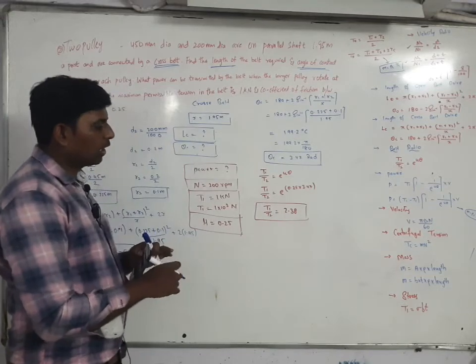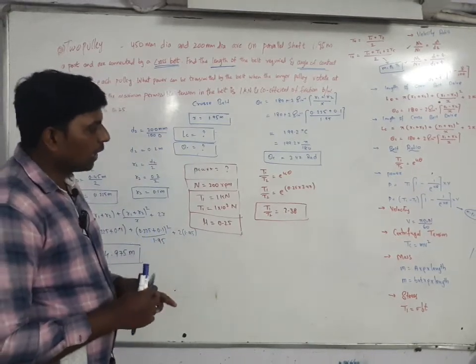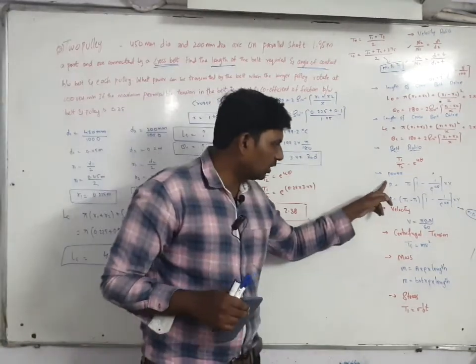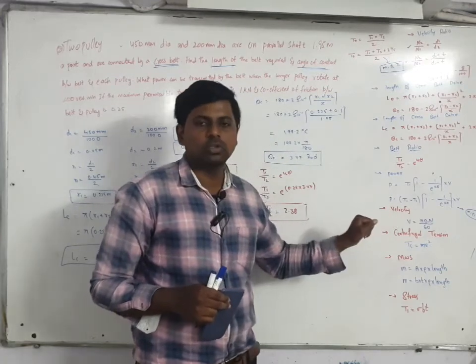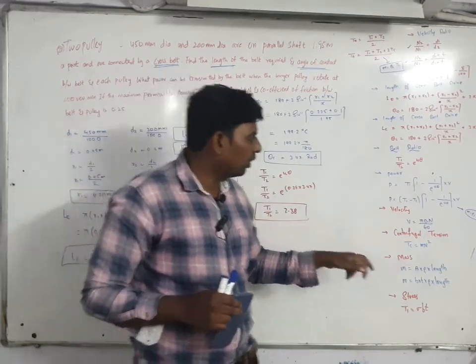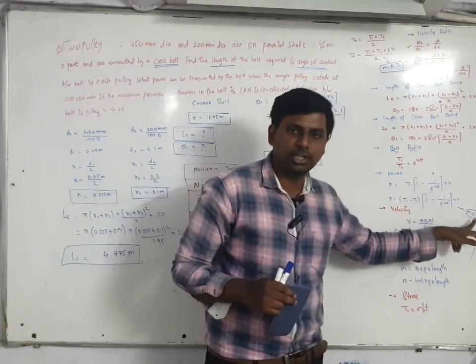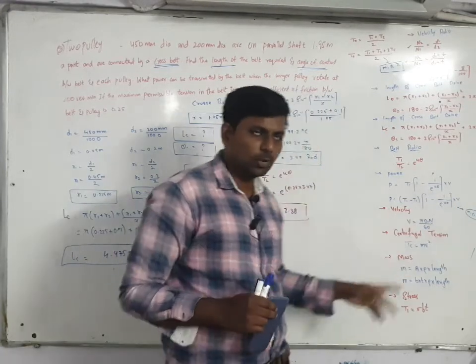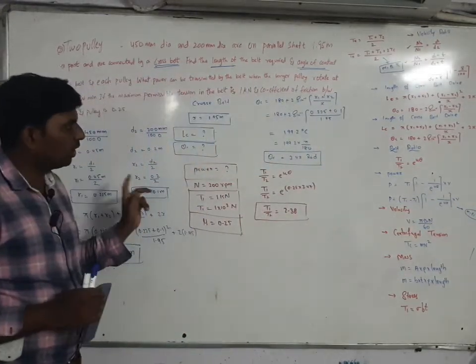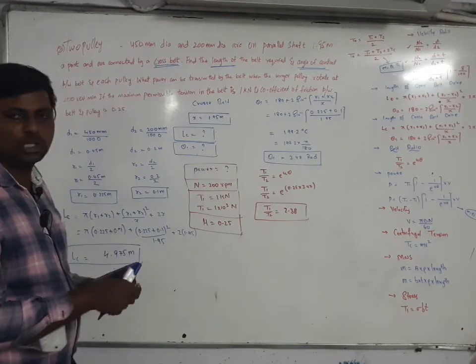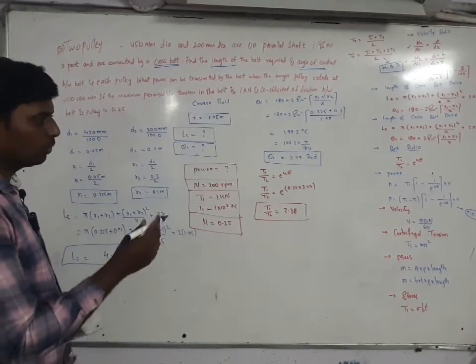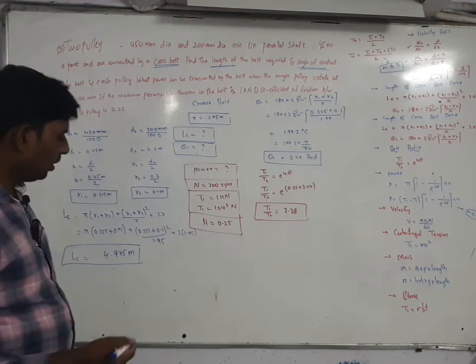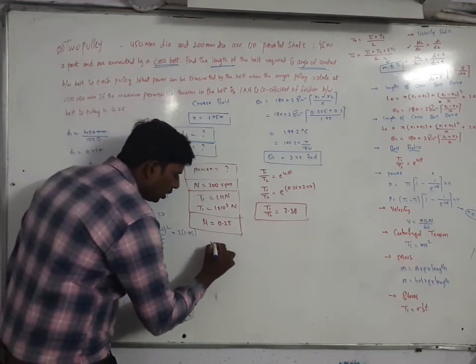Next one, you have to find out the power. For finding the power, two formulas are given, this one and this one. You select the second formula whenever in your problem mass is given, density is given, or Tc. But from these three, is any one of the terms given here? No. So you can go for the first formula. In the first formula, velocity is missing. So try to find out the velocity.